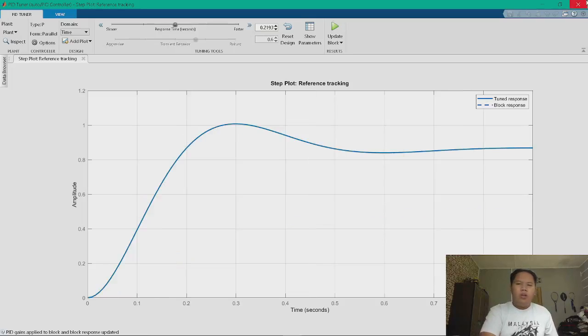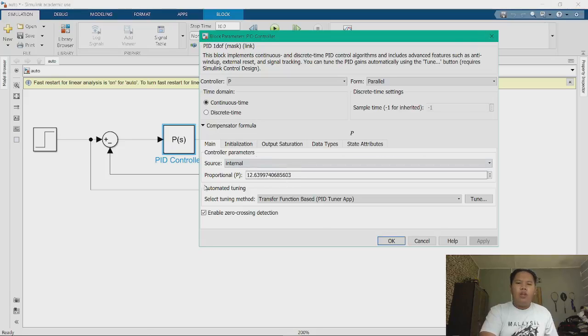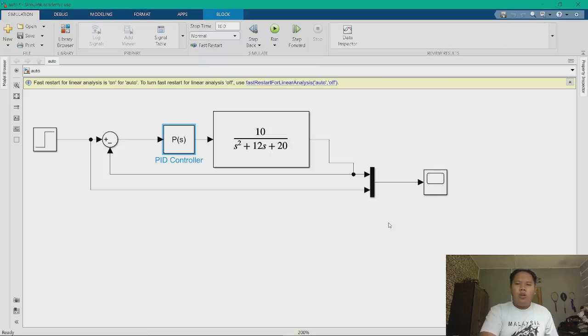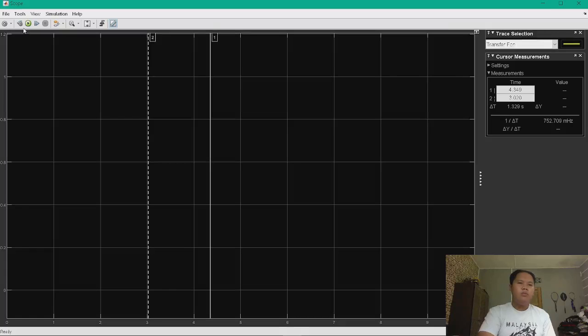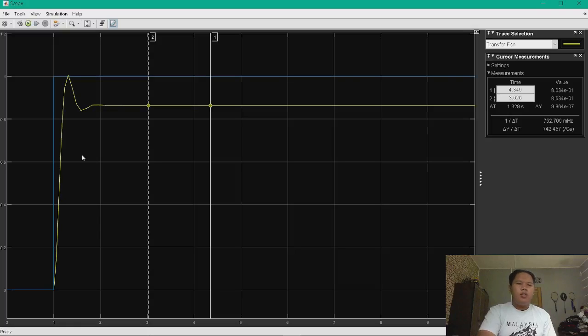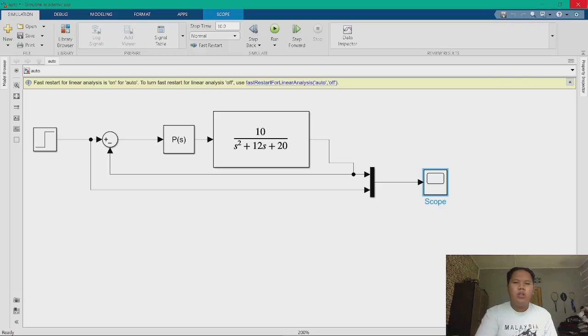Now to show the graph on the scope, we update the block so it will change the P to the new value which has been tuned. And then here is the scope to show the graph. As I run the simulation, you can see the graph will look like this. Then proceed to the second